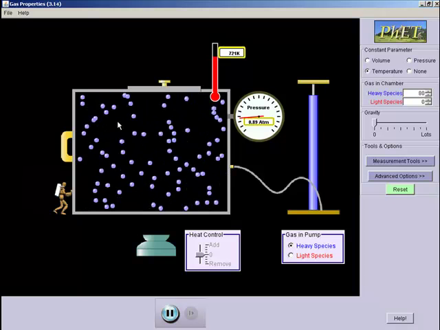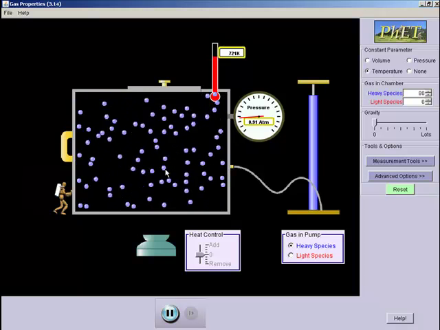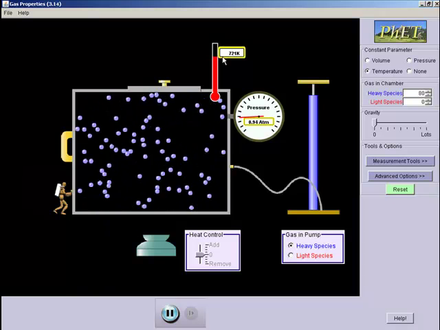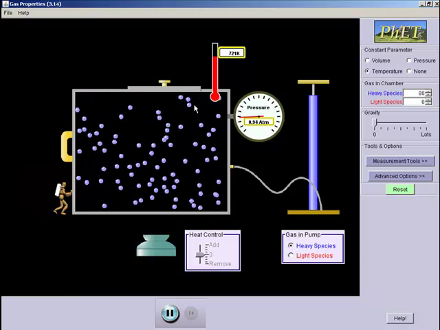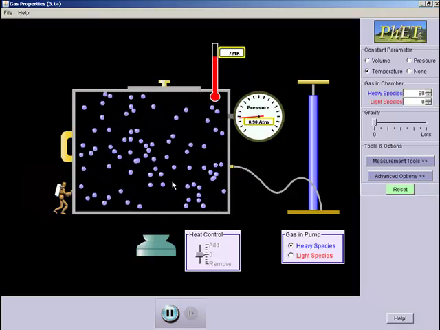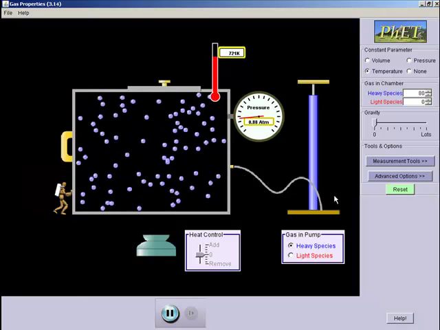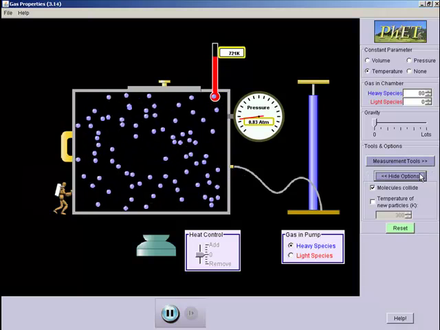However, you can see some of these molecules are moving at different speeds than others. The temperature is the same for the whole thing, 721 Kelvin. But are all the molecules moving at 721 Kelvin? No. Some of them are moving faster, some are moving slower. And we can see the relationship here